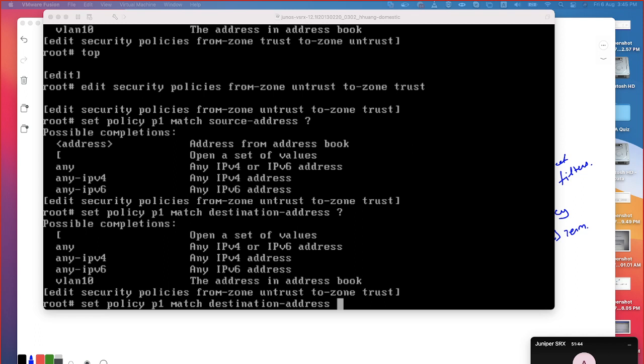Then log means the traffic log. I need not explain that to you. Count is nothing but the hit count. Basically, in Juniper, the hit count is not a property of the policies. If you want to count the number of packets matching against the policy, you have to set the action as count. Unless you enable it, the count is not going to be shown to you. So that's the logic you need to understand.